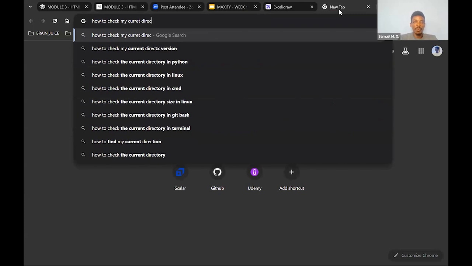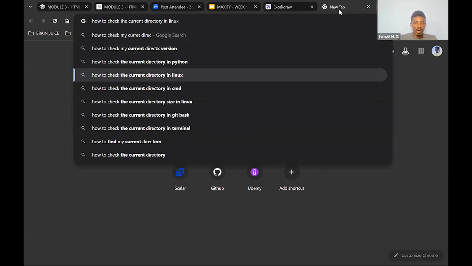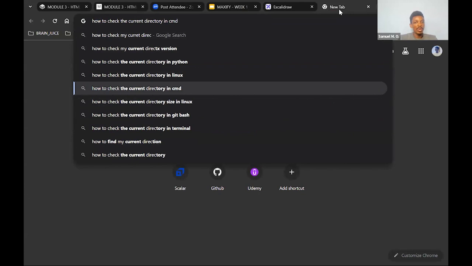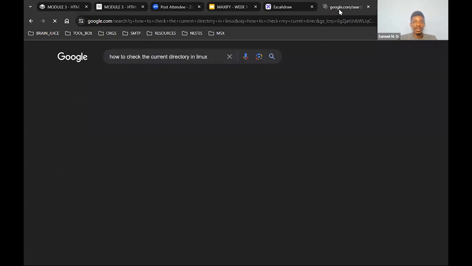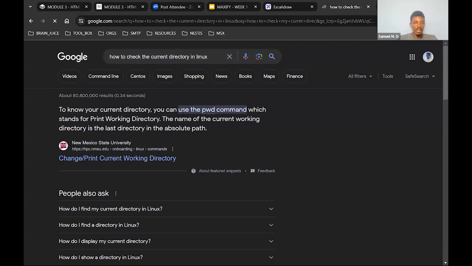Remember, directories are like folders. I showed you the difference between these two commands, in Linux and in CMD. So let's see how to do that in Linux. To know your current directory, you can use the pwd